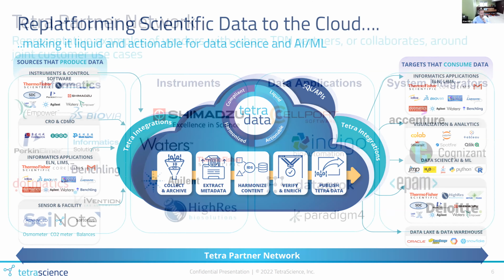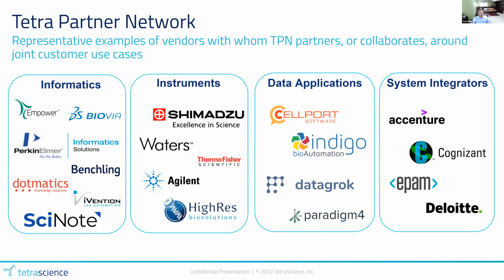So to talk a little bit more about that, we spend a lot of time engaging with vendors, putting the customer need at center, and saying, look, we have a common customer whose desire is to automate a workflow or produce some advanced analytics. And it's really through partnership between TetraScience and the vendor that we're able to provide that functionality or capability to